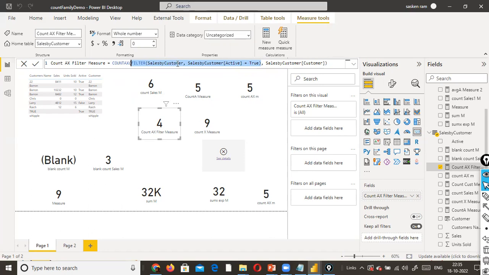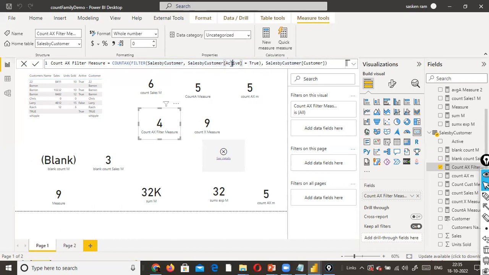It's very simple. All the functions that end with X are called iterating functions. The iterating function's first argument is supposed to be a table name. One exception is the filter function, which also takes the first argument as the table name, like an iterating function. And the filter function's first argument is a table name, second argument is your